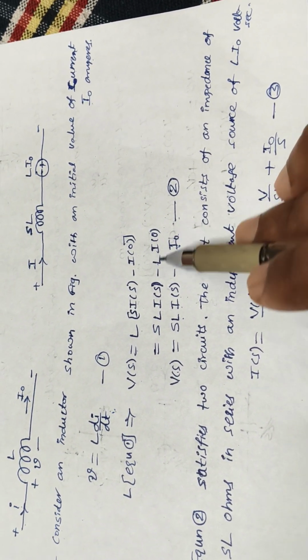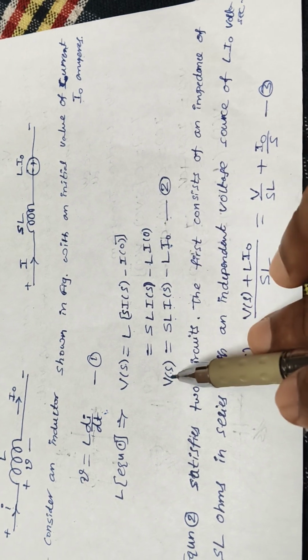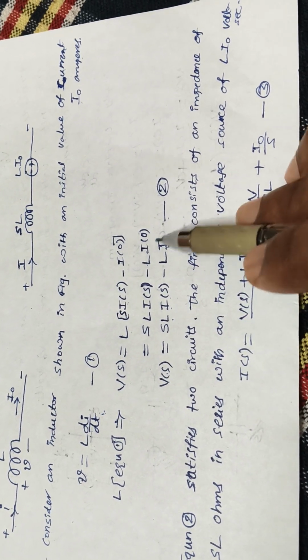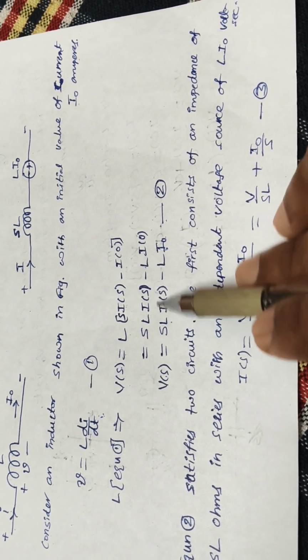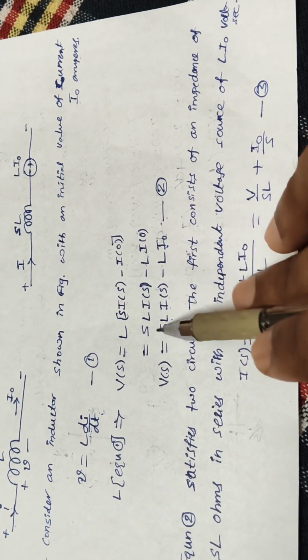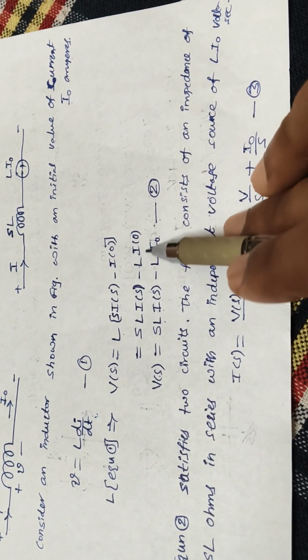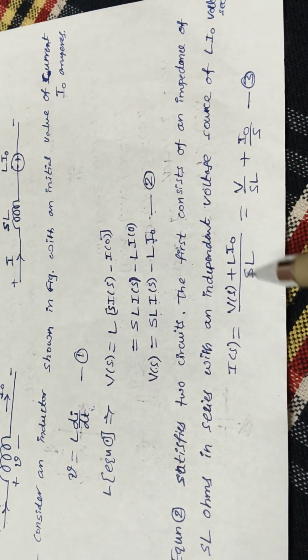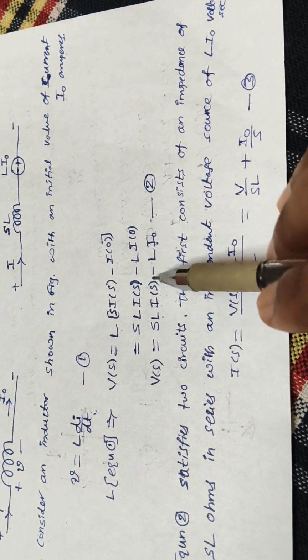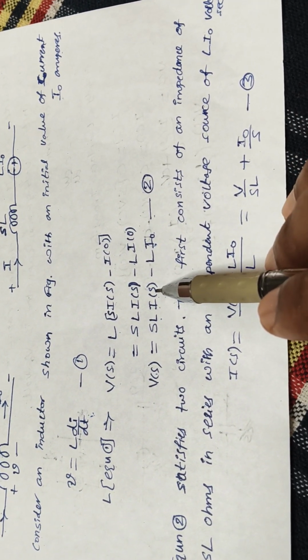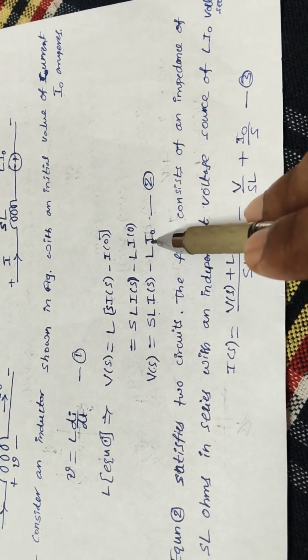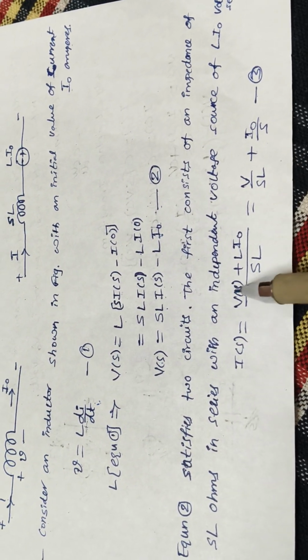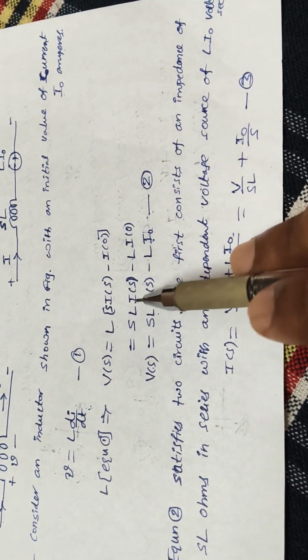L into I naught I can represent with the, because voltage is the sum of the two voltages. Here I have impedance multiplying with the current, that will become the voltage, and this is an independent voltage of L into I naught. And I can rewrite the same equation to find the I of s. I of s is equal to, this will go on the left side, V of s plus L into I naught by